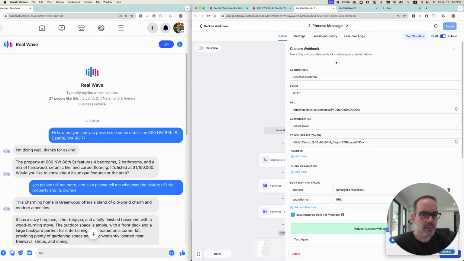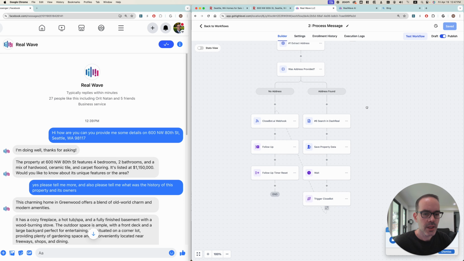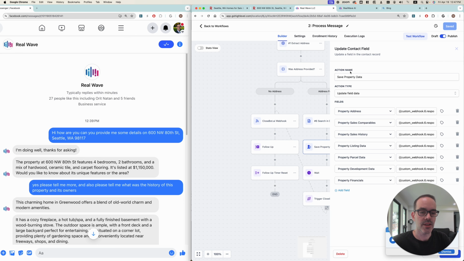So you may have your own webhook here, your own data source, or you may contact us to build you one, but this is where the external data is coming from. After the external data is being retrieved, we can save it inside the contact. In this case, we have several packages: the address, sales comparable, sales history, listing data, parcel data, development data, and property financials. These are all of the supporting pieces of data that made it possible to ask all these questions